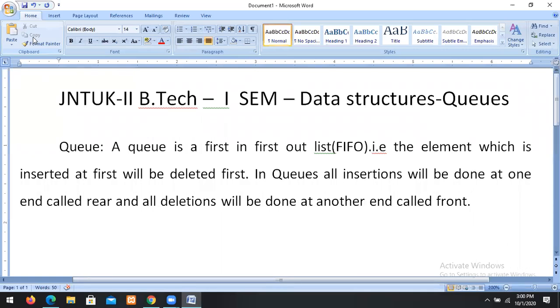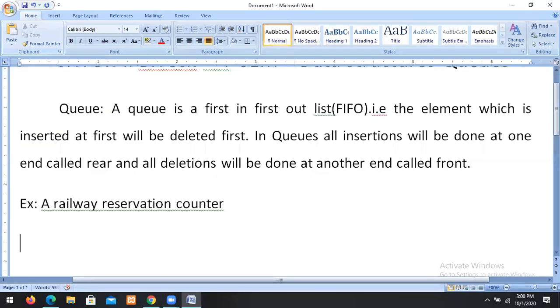In queues, we have an example: a railway reservation counter.